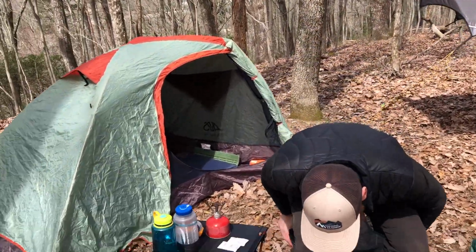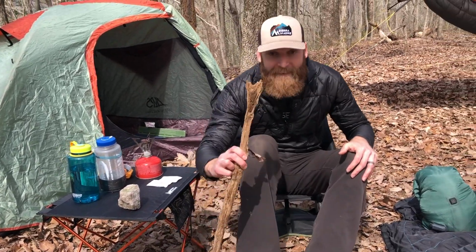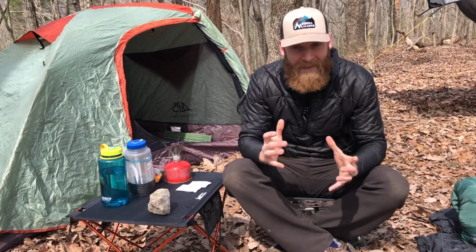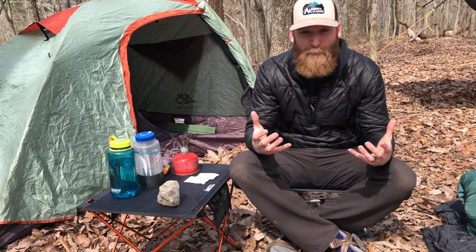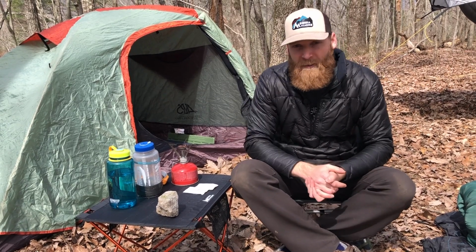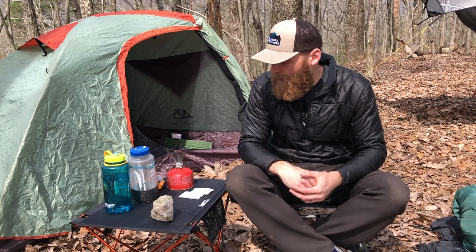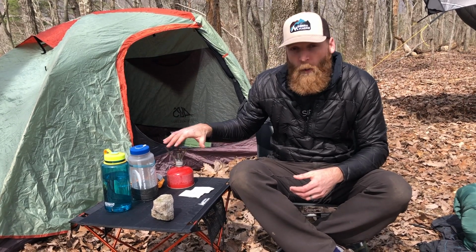Obviously, the most ancient one that exists is using wood and starting a fire, right? So if you get incredibly cold and it gets right down to it, starting a fire, getting out of your sleeping bag, though that's pretty miserable, starting a fire is going to help you warm up. Here's a few other options that we use or we have used to help introduce some more heat into our thermal equation. First, you can boil water,